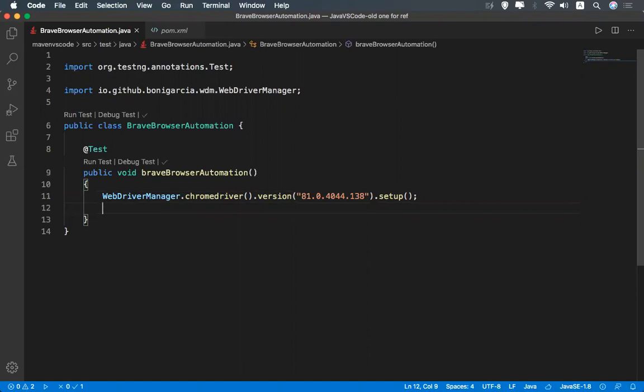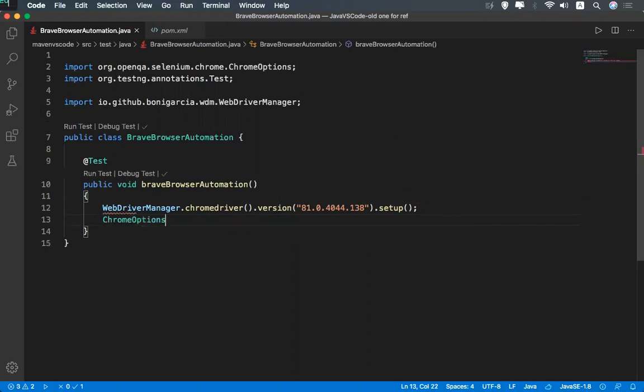And here you need to do one more thing. You need to use the ChromeOptions class from Selenium, and I'll take an instance of this, new ChromeOptions.